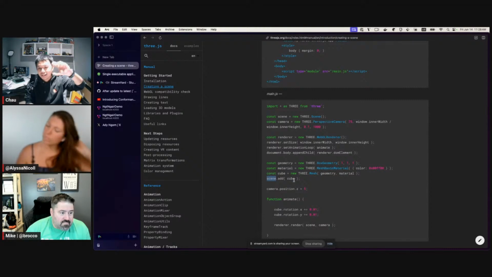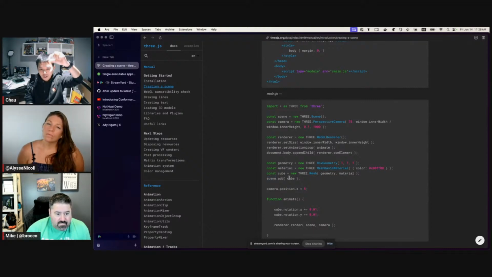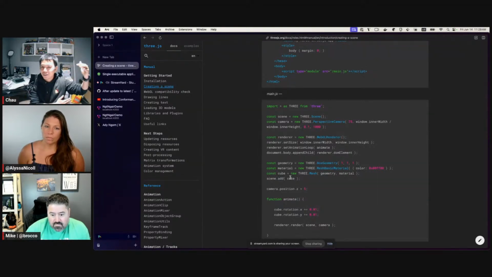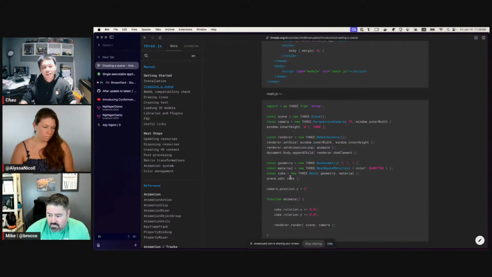You have an object which is a child of the scene, another object which is a child of the cube. You can build your scene graph in a tree style, and that is very applicable to the way HTML or templates or even DOM elements work. You have a div, and then you have a button inside of the div, very similar.